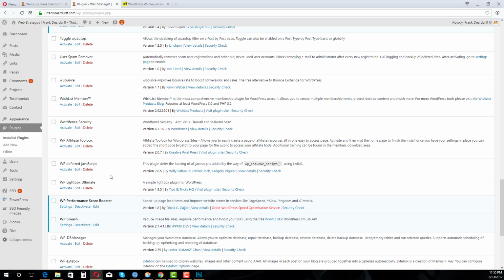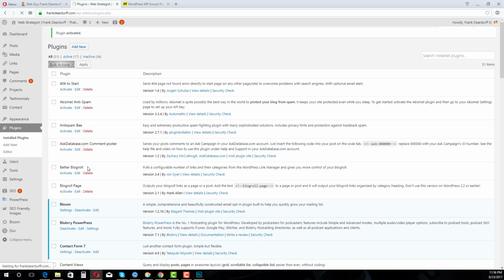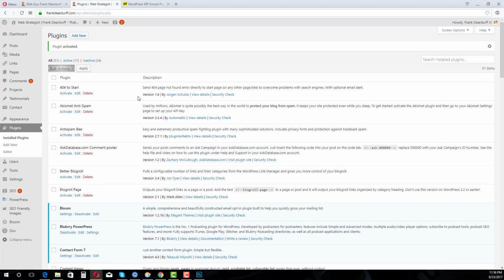Now, sometimes some of your JavaScript may not work because it wants to be loaded first instead of towards the end. That's what this plugin does. So it's something that you'll need to test, and I've not fully tested it since I've made updates to my site, so I'll have to see how things work. But we'll want to activate that plugin, WP Deferred JavaScript,